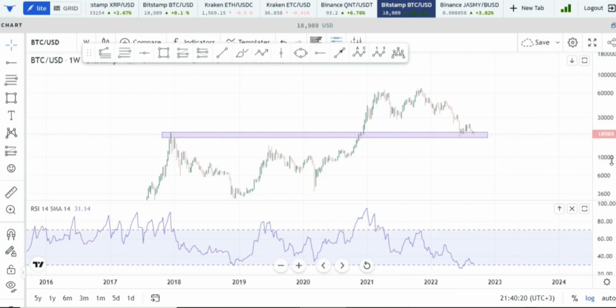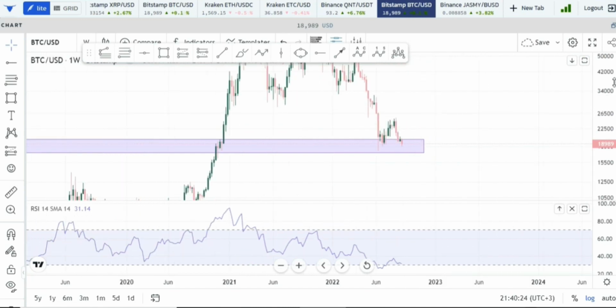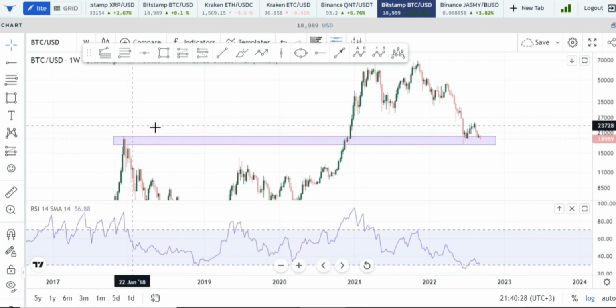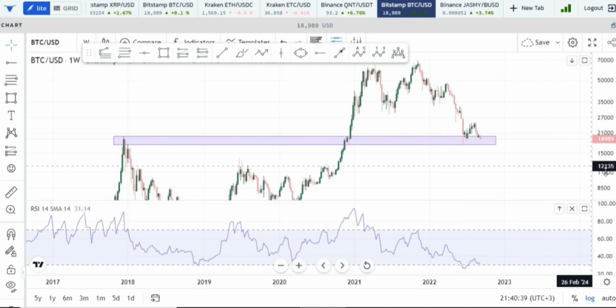So yeah, looking at the Bitcoin price right here, I have some things that I see here and some things that I believe are going to happen. First of all, you can see that the moment we tested that 17.6, 17.5k here, we came right into the region of the previous all-time high, and I feel like we are not going to go below that,